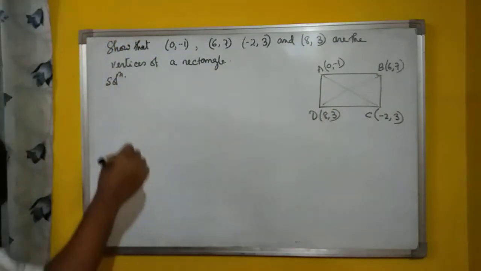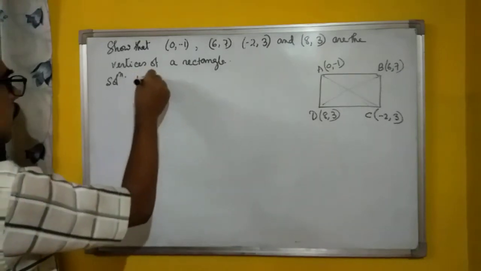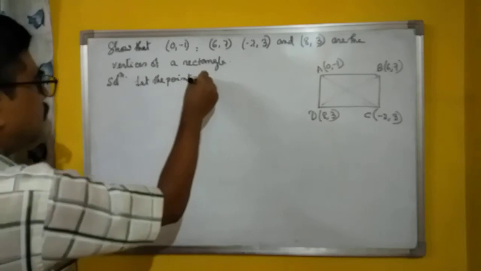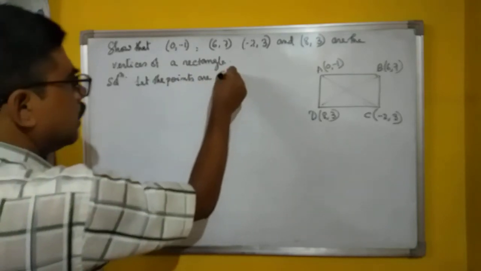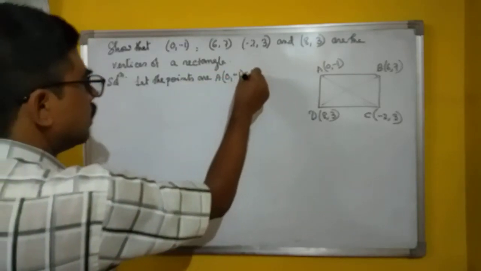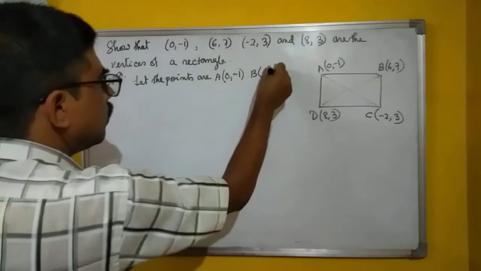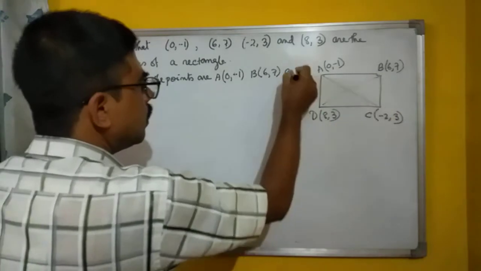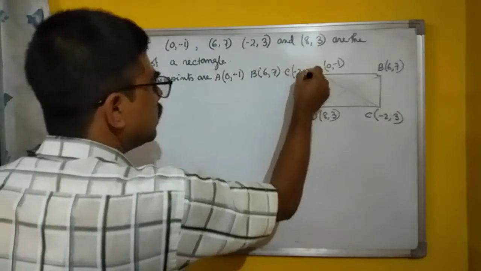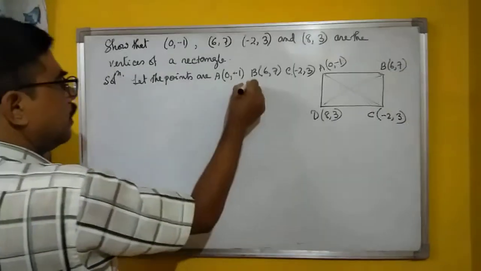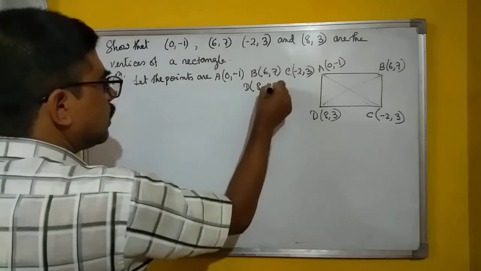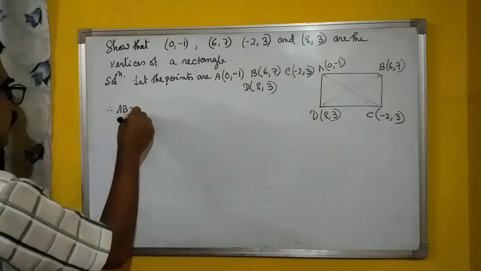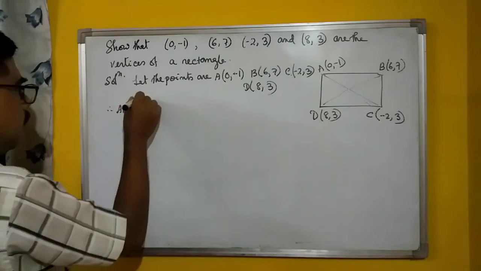So let the points be A (0, minus 1), B (6, 7), C (minus 2, 3), and D (8, 3). Therefore here we will write AB, because there are 6 distances we have to find. AB equals root over